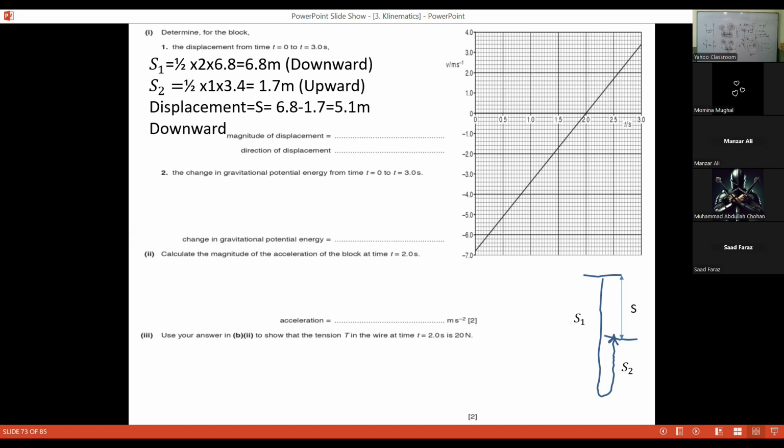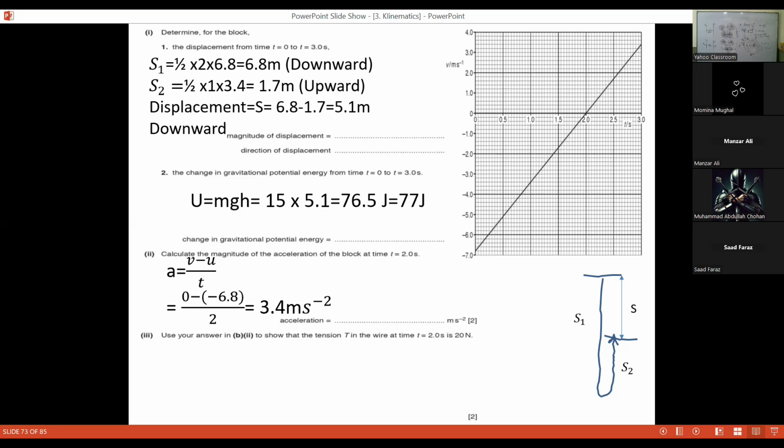Change in gravitational potential energy, mgh. H is 5.1, mg is the weight, 15 newtons, वो दिया हुआ था. Magnitude of acceleration at 2 seconds, just find the gradient of the graph. 0 minus 6.8 भी कर सकते हैं, minus 6.8 डिवाइड बाय 2 सेकेंड में किया उसने, ये आपकी एक्सेलरेशन हो जाएगी. अब वो कहता है what is the tension